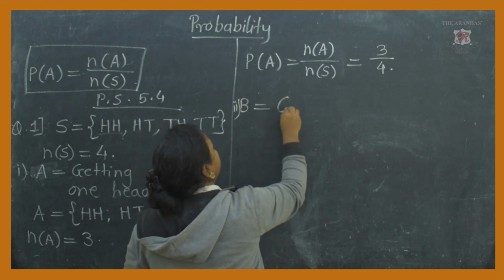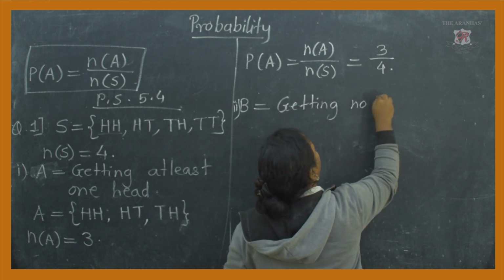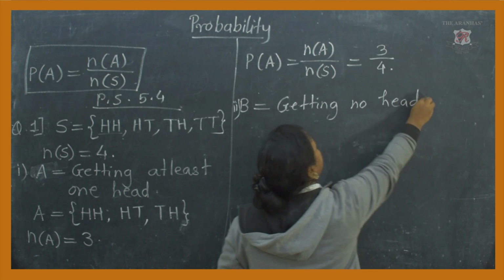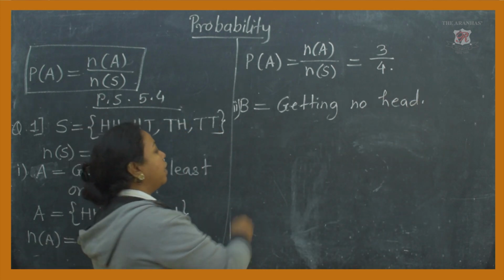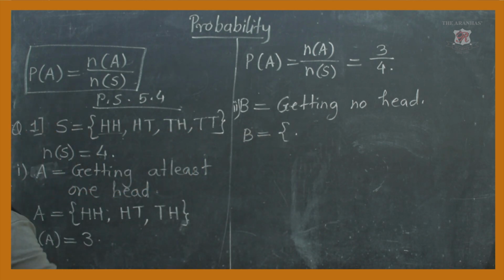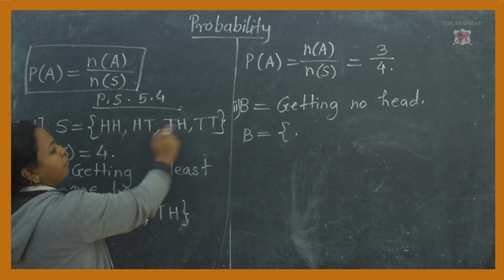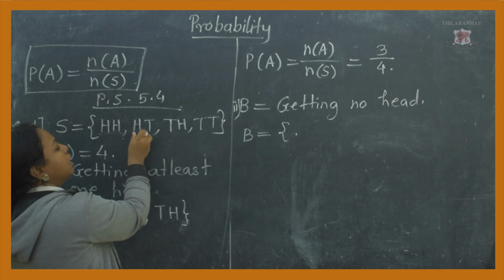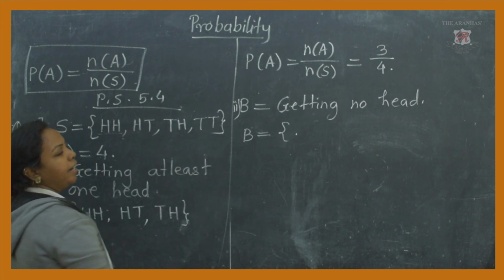Getting no head means we don't want any head in that event. So we will see which terms will be there. HH, no, because both heads are there. HT, we don't want any head, so this term will not be there. TH also not, because head is there. Yes, TT,